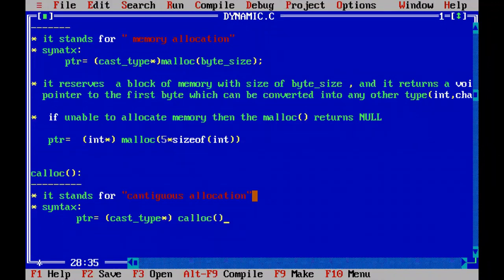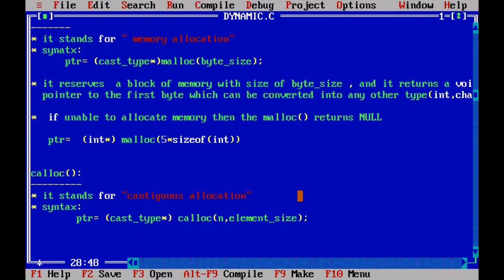Here we have to give how many elements you are going to allocate the memory dynamically, and each element size. For example, 5 elements are there. In 5 elements, each element will occupy how many bytes? That element size we have to write as a second argument.